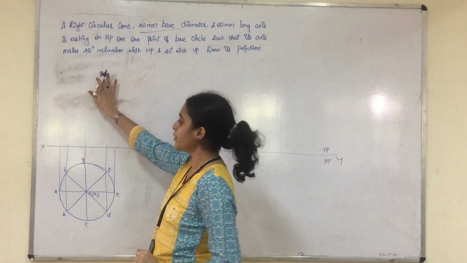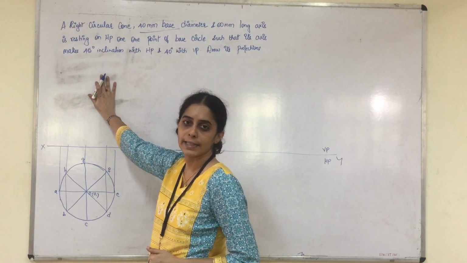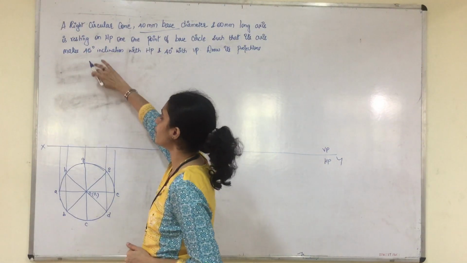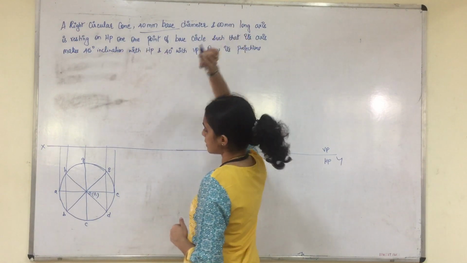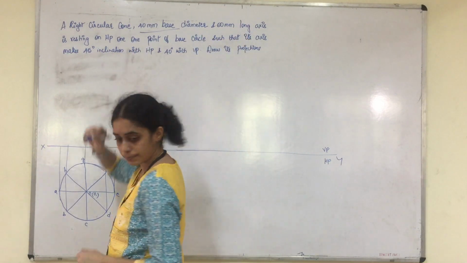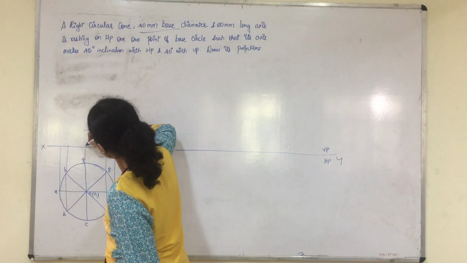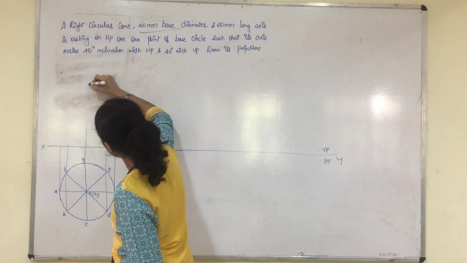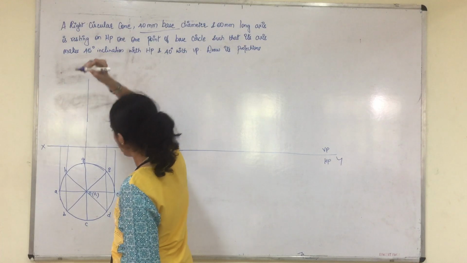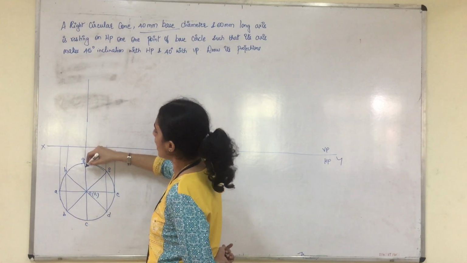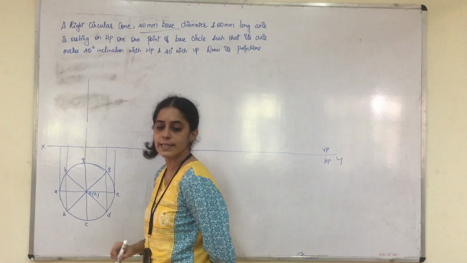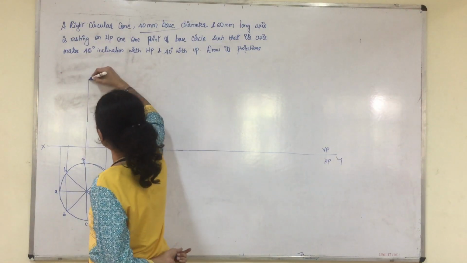I told you the front view will look like a triangular surface. First we will figure out the axis height. The axis height is 60 mm. Now please take the projection of the center line. Here the center line and the generator are coming along the same line. So please extend this.